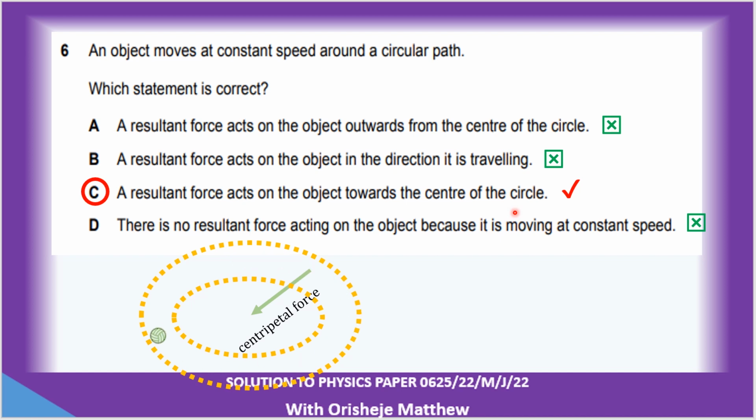That is the centripetal force. So that is what you take note. The resultant force acts on the object towards the center. But the one that will balance it so that it doesn't fall in and collapse is the centrifugal force, equal to the centripetal force, so it remains on that circular